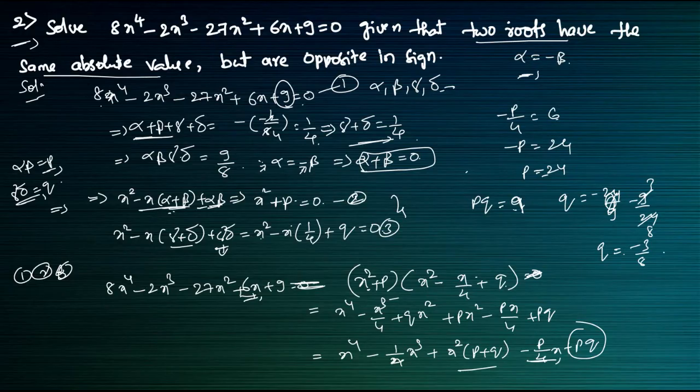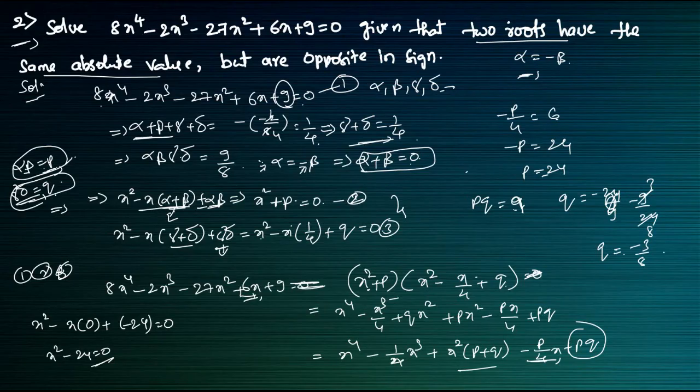So where we took q is equal to this one, and p is equal to this one, alpha into beta. So I will substitute in the equation x square minus alpha plus beta, x plus alpha beta is equal to how much? Alpha plus beta is equal to what we have got? 0, no? So 0 plus, and pq. So this alpha beta into p, no? So p is equal to how much we got? Minus 24. So x square minus 24 is equal to 0, this one we got here. Okay, so this one we will get from the equation.